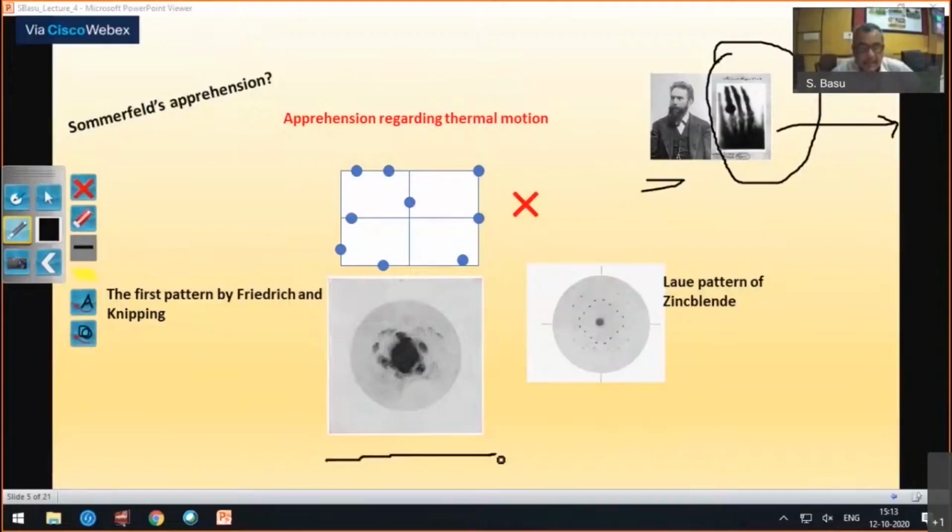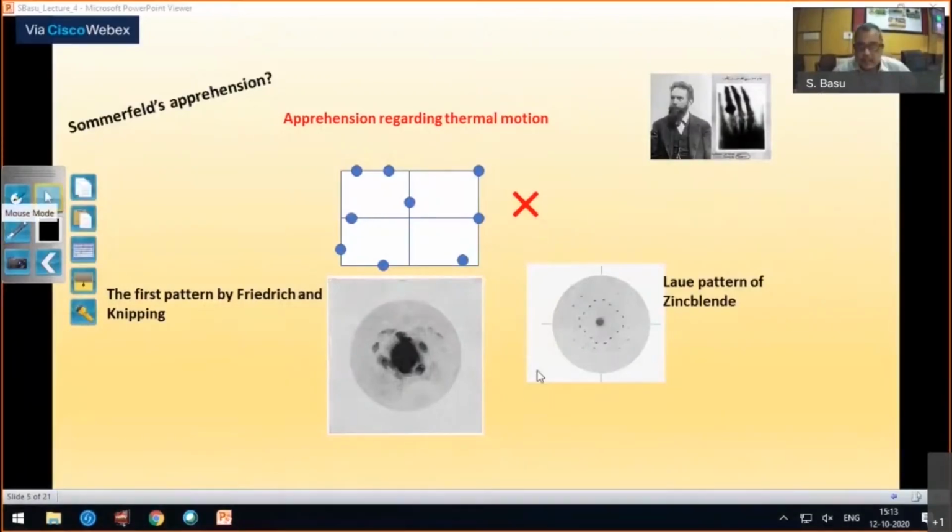This is the first Laue pattern by Friedrich and Knipping. This was a very poor photograph, but you can see the spots which confirm that there is diffraction, and this was quickly improved upon, and this is the Laue pattern of zinc blende. So